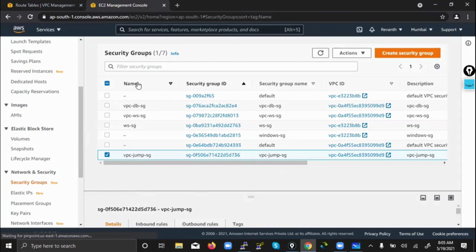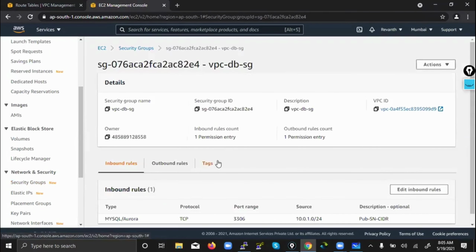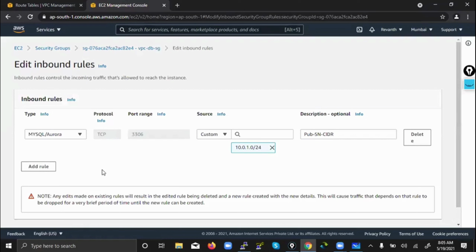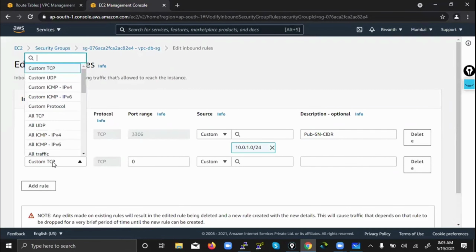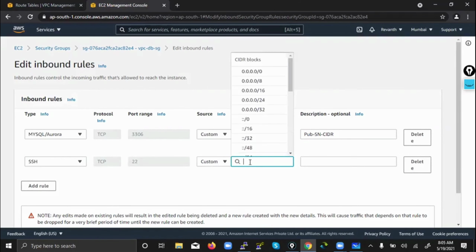Where do I need to enter the private IP? You need to enter that in the security group of the database security group. Then only we can go inside. So we can only add SSH. It's a custom one. It's only